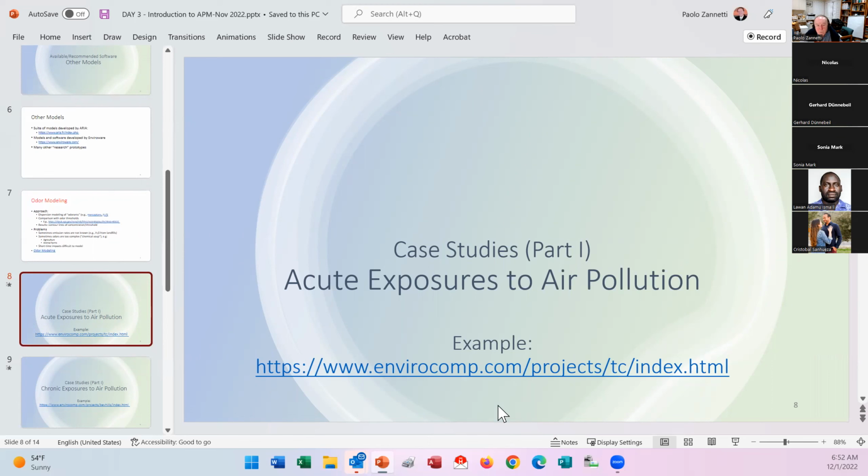When you work on a real case, it's quite different than just studying models and mathematical equations. You have to be very careful and use common sense to be sure that you do the right thing, and especially you present your results in a way that is